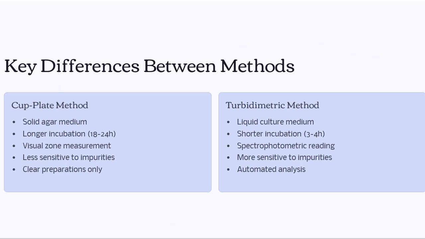Then the key differences between the cup plate method and the turbidimetric method. In the cup plate method we use solid agar medium, but in the turbidimetric method we use liquid culture medium. The cup plate method uses a longer incubation period, whereas turbidimetry uses a shorter incubation period of 3 to 4 hours. In the cup plate method visual zone measurement is done, and in turbidimetry we measure by spectrophotometric reading. The cup plate method is less sensitive to impurities, and the turbidimetric method is more sensitive to impurities as we are measuring the turbidity by spectrophotometric method. And in the cup plate method only clear preparations are used, and in the turbidimetric method we are using